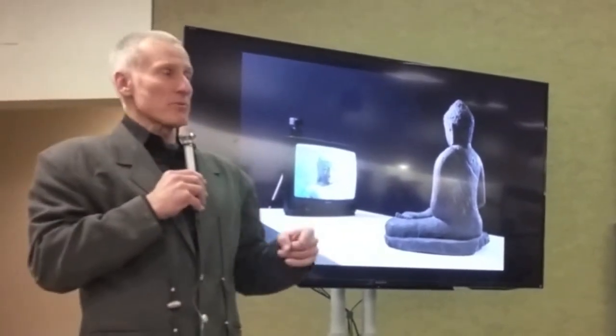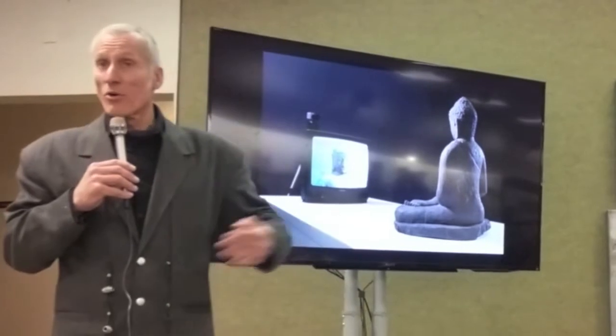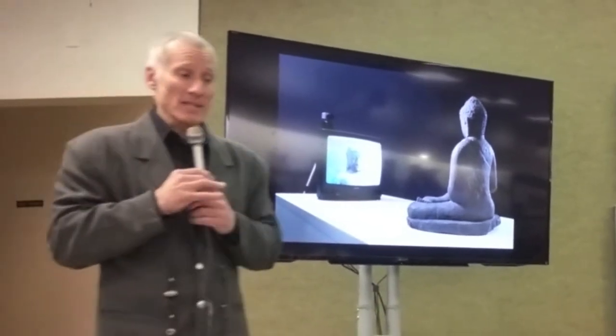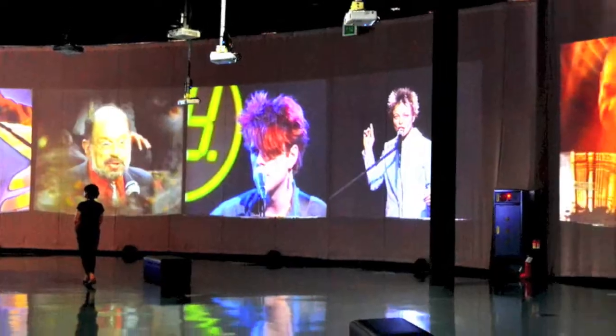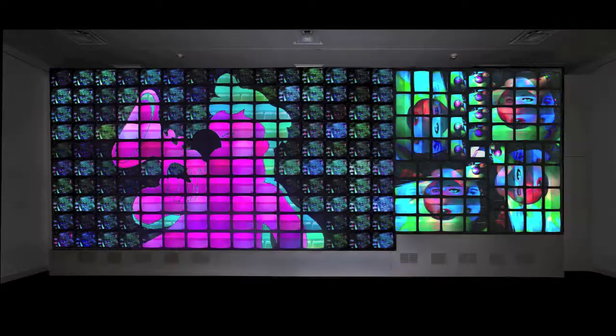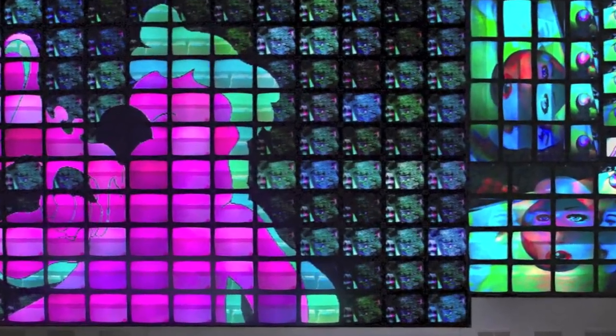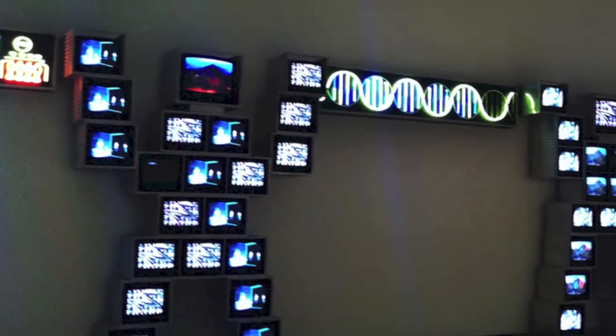And you see that with a lot of the artists, where they're using the new tools to reflect on either universal truths or ideas of contemporary society. A lot of his installations are massive. They're multi-screen endeavors that are formatted so that you have one image on several screens and so on that are coordinated.